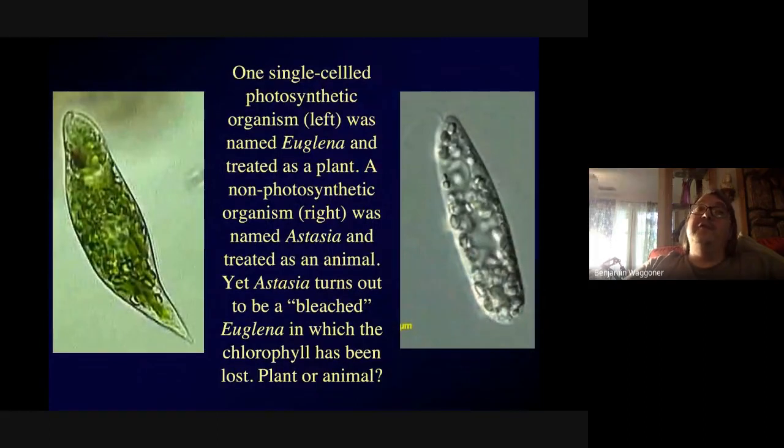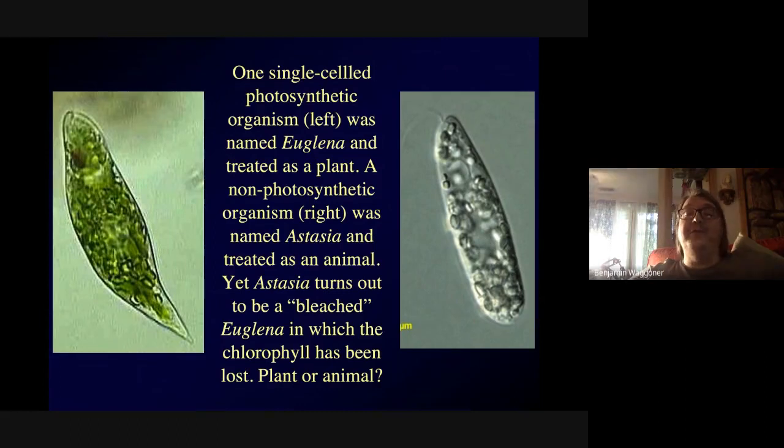And some of these little organisms look animal-like and some look plant-like. Over on the left, you've got an organism called Euglena. Now, Euglena can actually swim, and it's actually capable of feeding. It's got a structure called a gullet that it can take food particles into and digest them. And you can't see it really well in this picture, but it's even got a, quote, eye. It's not really an eye, but it's a light-sensitive spot at one end. But it's still photosynthetic, so it used to get treated as a plant.